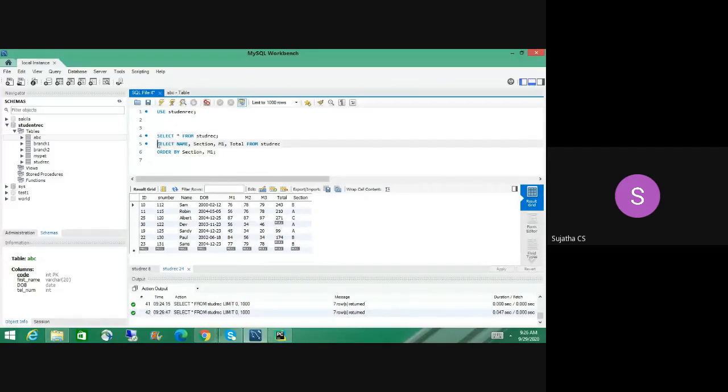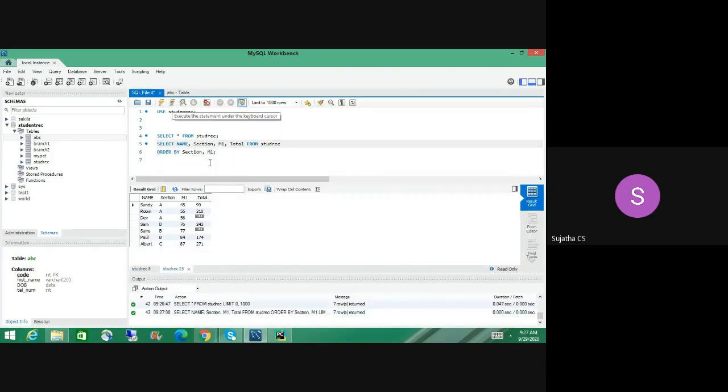Okay, let me run this query. What you will get is only name, section, and then mark 1, and then total. So taking these four attributes, I want to sort by first section, then mark 1. Okay, let me run that. See, first it's sorted by section: AAA, BBB, CCC. So using these three records, then it will sort by